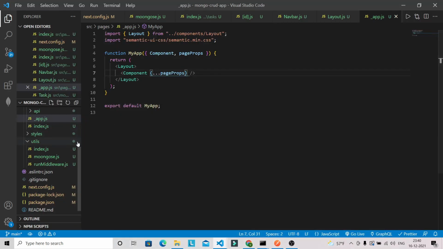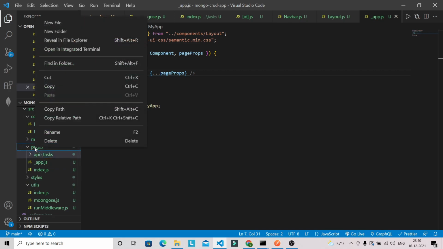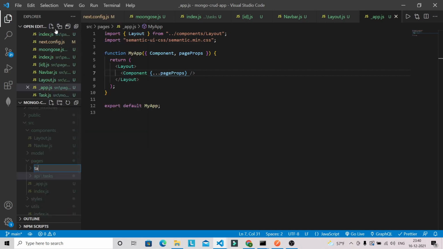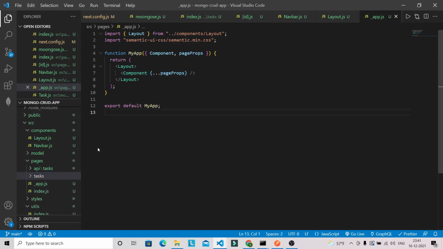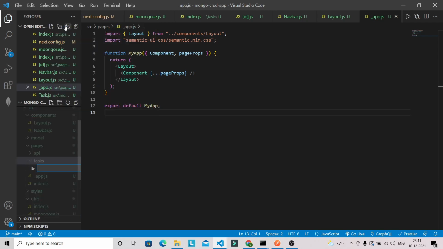So let's go here and create one folder, tasks, inside pages. Okay, tasks, and inside that we are going to have one file that is new.js.